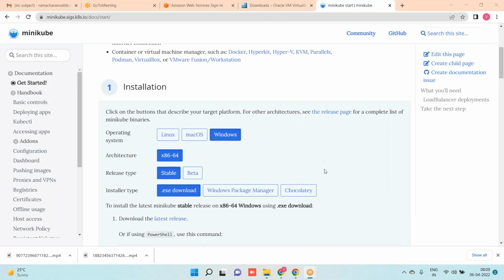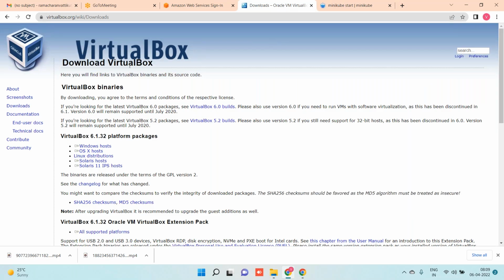Yesterday we downloaded one package, Oracle VirtualBox, and we installed that. I already showed you how to download. Just search for download VirtualBox, and you will get this screen. Click on Windows host, and it will be downloaded. Once it is downloaded, just double click on it and it will be installed. After that,